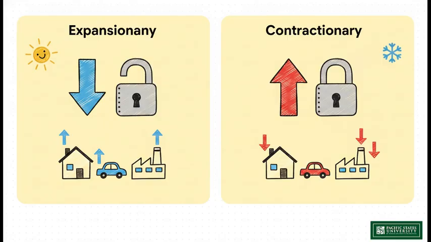This strategy is deployed when the broader economy is sluggish, unemployment is creeping up, and we are either entering or in the middle of a recession. By actively lowering interest rates, the Fed makes borrowing significantly cheaper. This acts as an economic stimulant. It encourages businesses to take out loans to invest in new equipment or hire more workers, and it encourages consumers to take out mortgages or put purchases on their credit cards. All this new spending pulls the economy out of its slump.